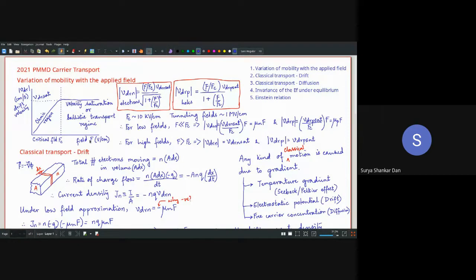Concentration gradient में कोई field का कोई concept ही नहीं है. What I'm suggesting is that whenever I'm applying an electric field to a metal, velocity does not saturate. That means drift velocity does not saturate. So the moment I'm speaking that it is about the field, you have to ignore all diffusion concept over here. Diffusion is about concentration gradient, वो तो अलग है. But what you said is correct. It's truly so. That is why metals are equipotential surface.